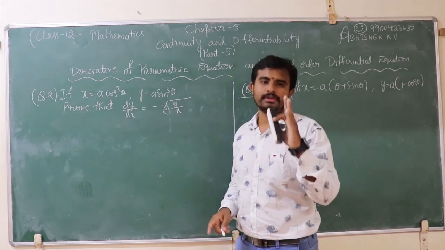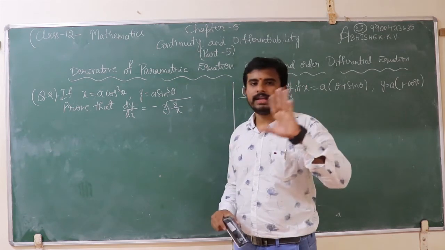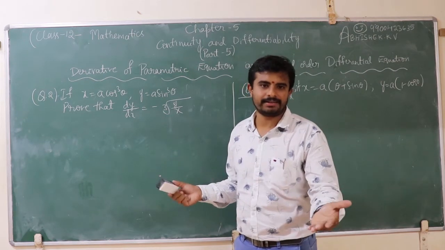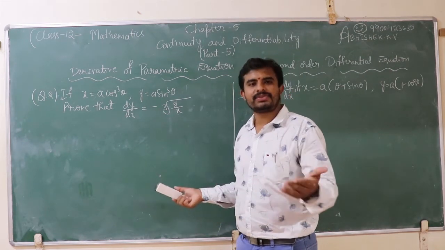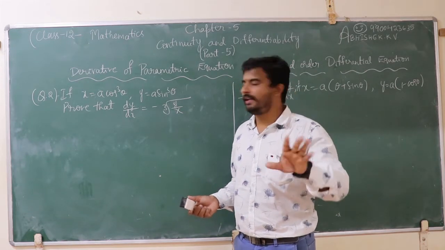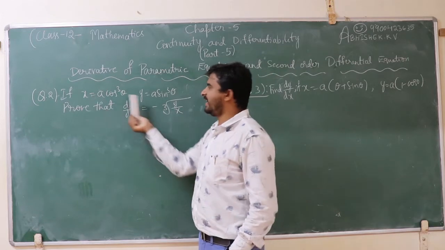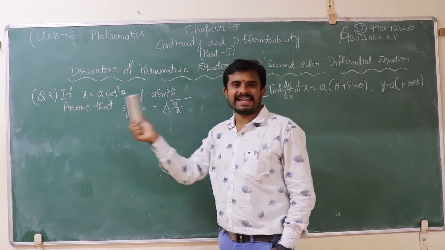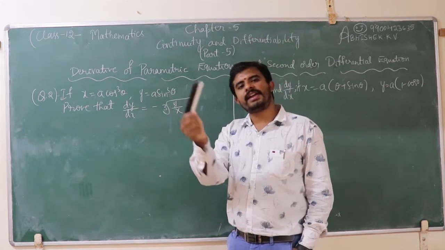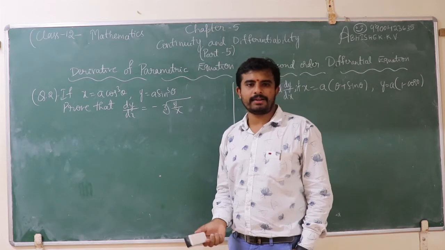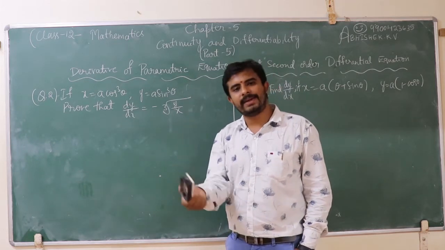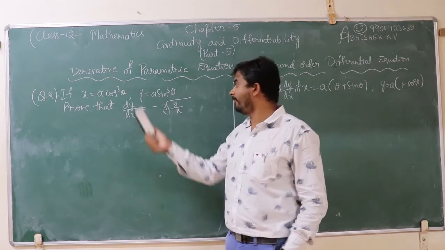And one thing you should know: the examiner never says, see, this is the parametric equation, apply that; or this is the composite equation using chain rule; or this is implicit differentiation. They won't mention it. You only come to know that if x and y are expressed in terms of a third variable theta, then it is a parametric equation. We need to find dy by dx by putting the formula dy by d theta divided by dx by d theta, if theta is the third parameter.